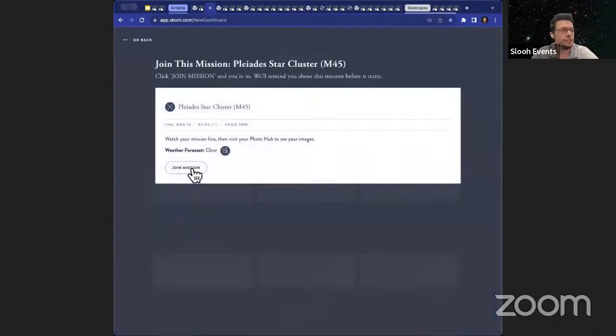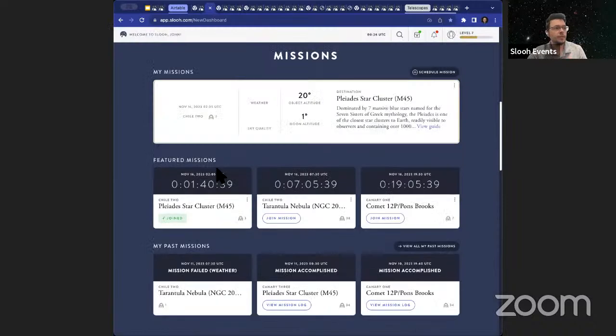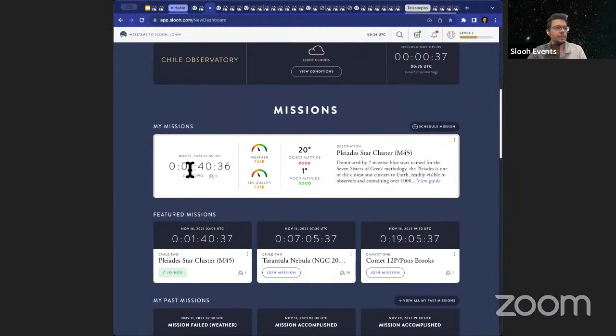So when you hit join mission and join mission again, now when this time comes around, and it's going to happen soon, in an hour and 40 minutes, the telescope is going to move over to where the Pleiades star cluster is, take an image, and it's going to deliver it to my personal profile. So what's really interesting about that is that